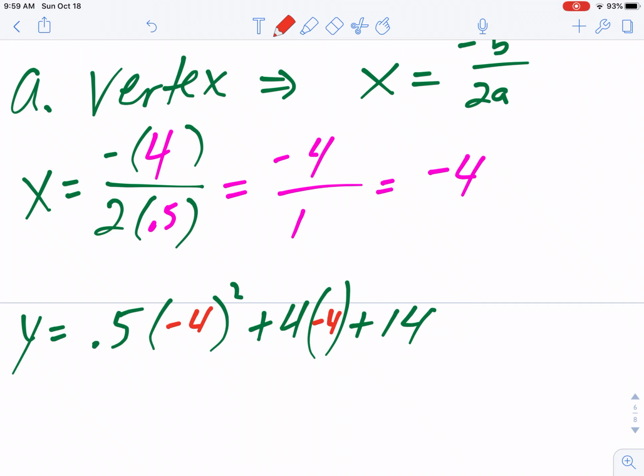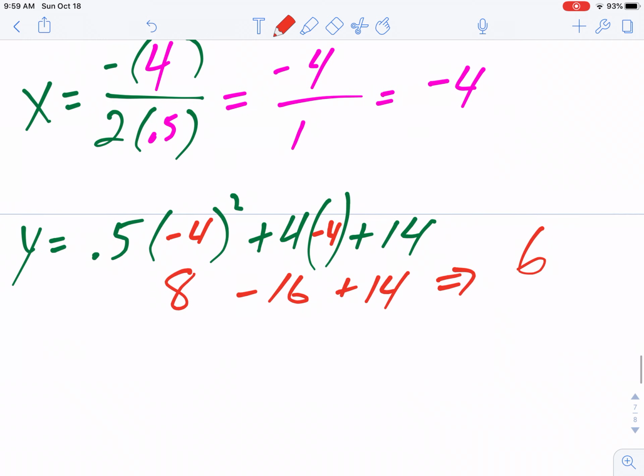So this is where I'm going to grab a calculator. I don't feel like doing that in my head too much. I guess it doesn't look too bad. Half of 16 is 8, minus 16, plus 14. So that looks like it's going to be 6. So our vertex,